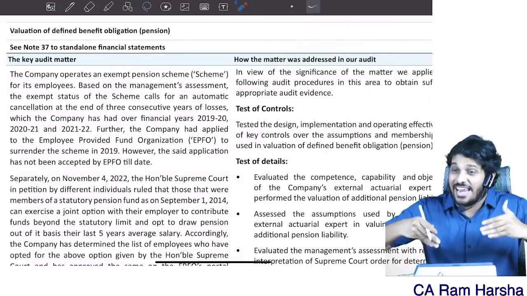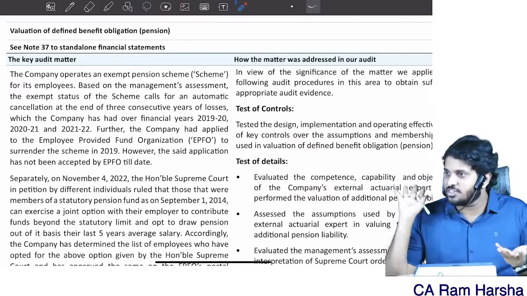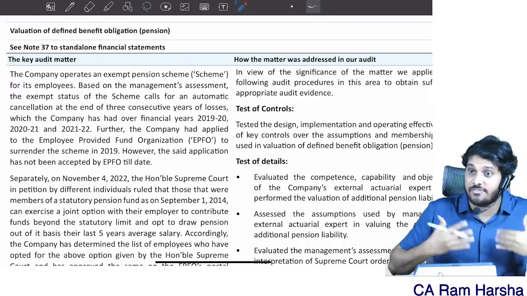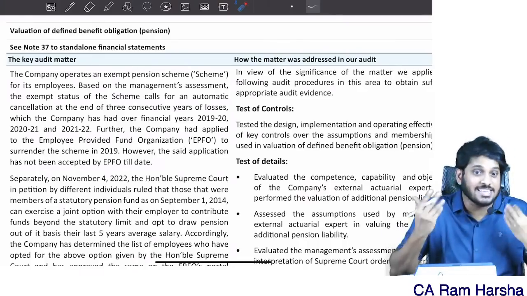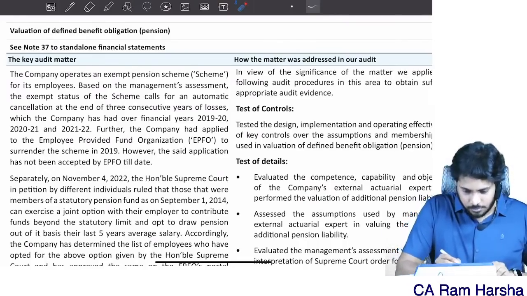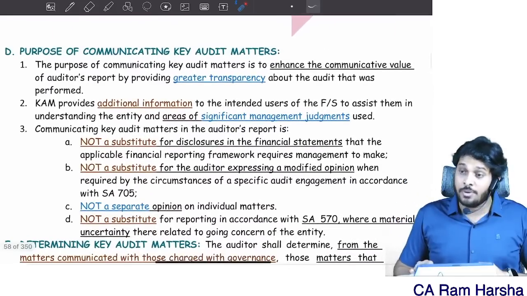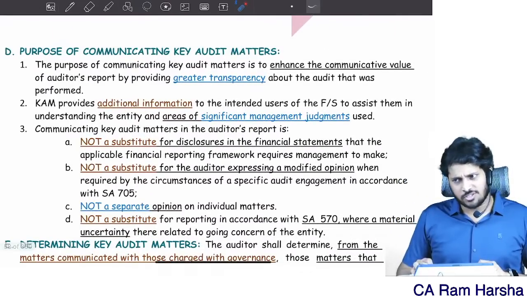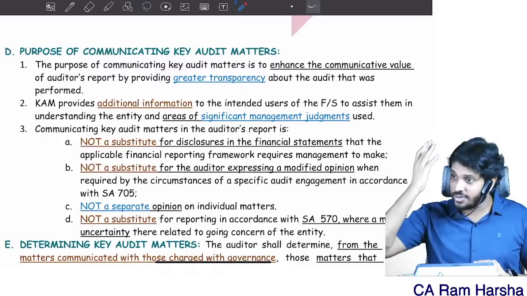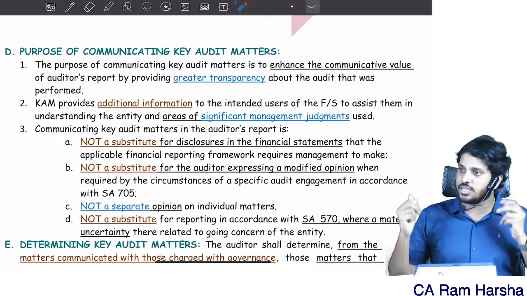Just I want to enhance the audit report value. Audit report is not a boring document which just contains the opinion. Audit report contains key audit matter discussion, what the auditor felt important in the audit, so I can share it. Are you getting it? How many should you give as key audit matters? How many matters should you discuss there? Your choice. Either 1 or 2 or 3 or 5 or 10. State Bank of India auditors gave once upon a time 9 matters. 9 important issues they discussed.